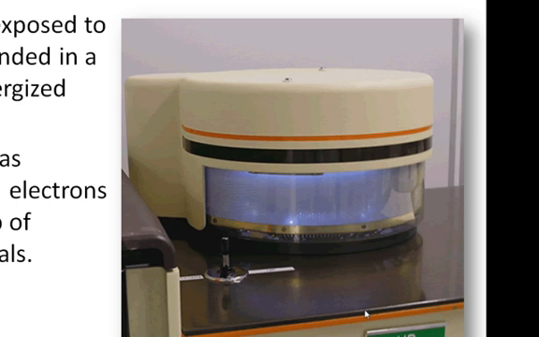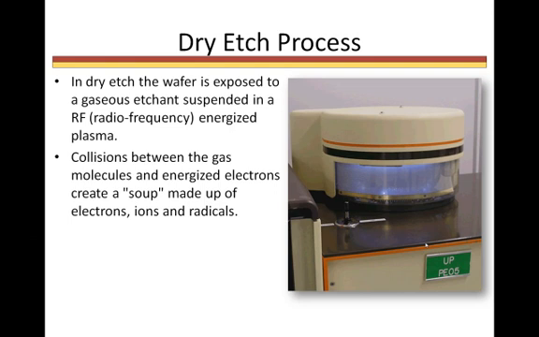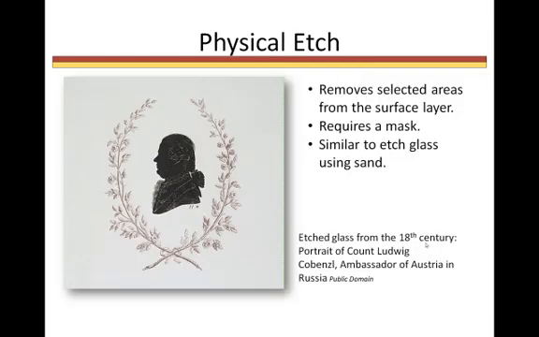Because gases are the primary etchant and are housed in a sealed chamber, human exposure to dangerous chemicals is limited. However, the equipment is very expensive to purchase and just as expensive sometimes to maintain. Dry etch is normally used to remove selected areas from the surface layer rather than bulk material of a substrate or a sacrificial layer. Dry etch can be a chemical etch, a physical etch, or it can be a combination